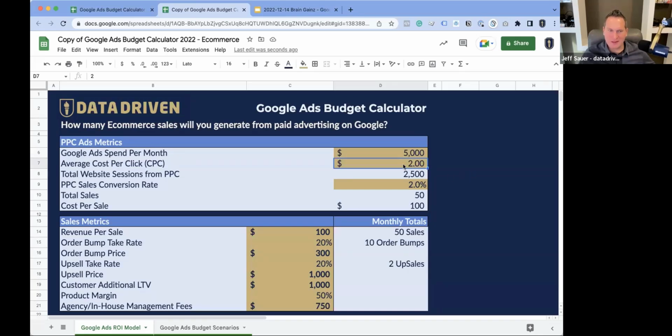But the cost per click is actually less and less important now as Google uses things like machine learning and their ability to find better audiences. You could end up paying $5 a click, but they're only going to give you the best conversions because of their machine learning. They'll say, yeah, we'll spend as much per click as we need because we know those people are going to convert higher.